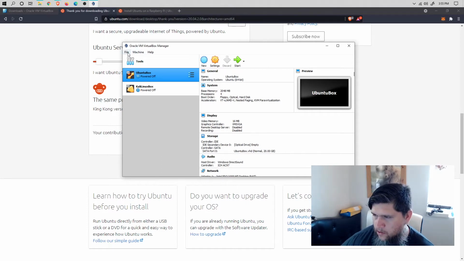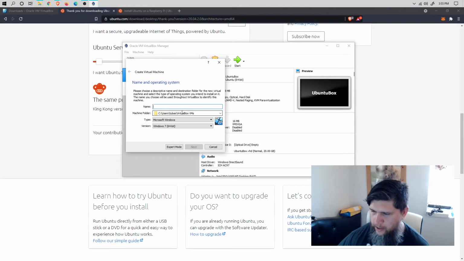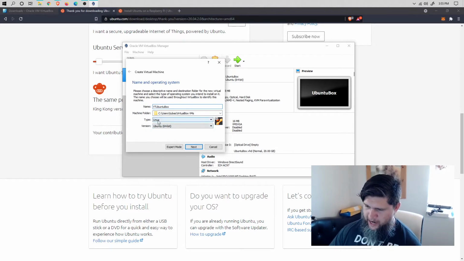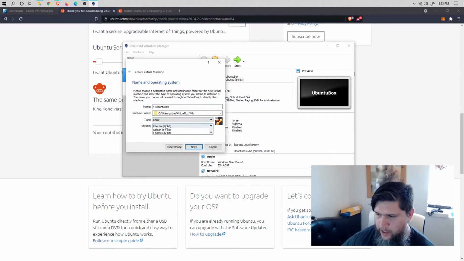let's go and create a new machine. So let's name this YouTube Ubuntu box or something like that, and it's going to ask you what type of operating system you want to install here. We're going to say Linux, and which version you're going to be using. Since we're going to be doing Ubuntu, we're going to use Ubuntu 64-bit. Let's go to next,